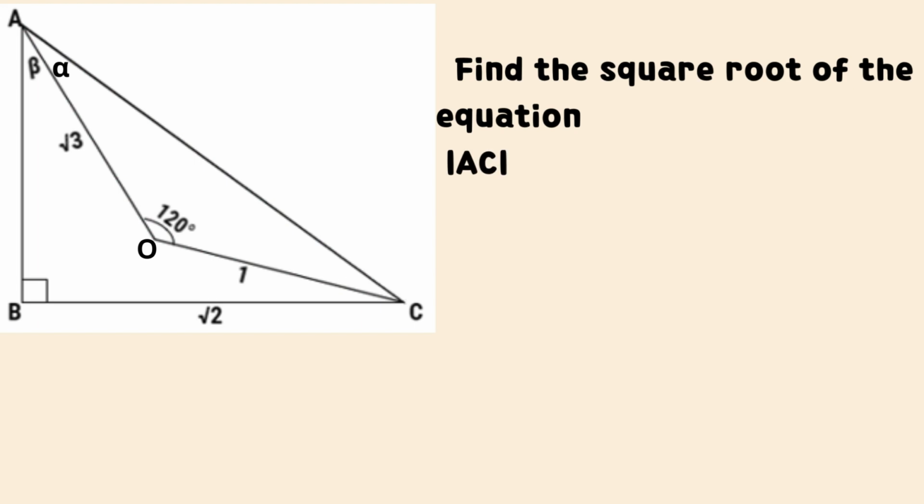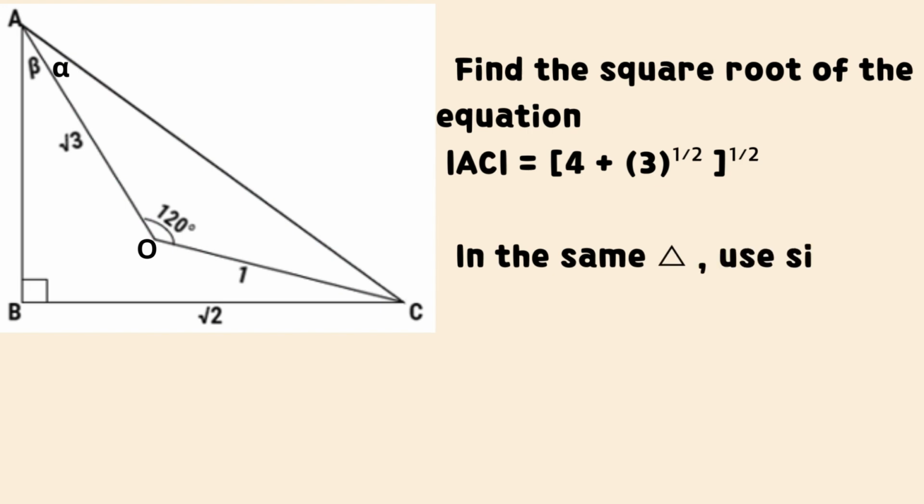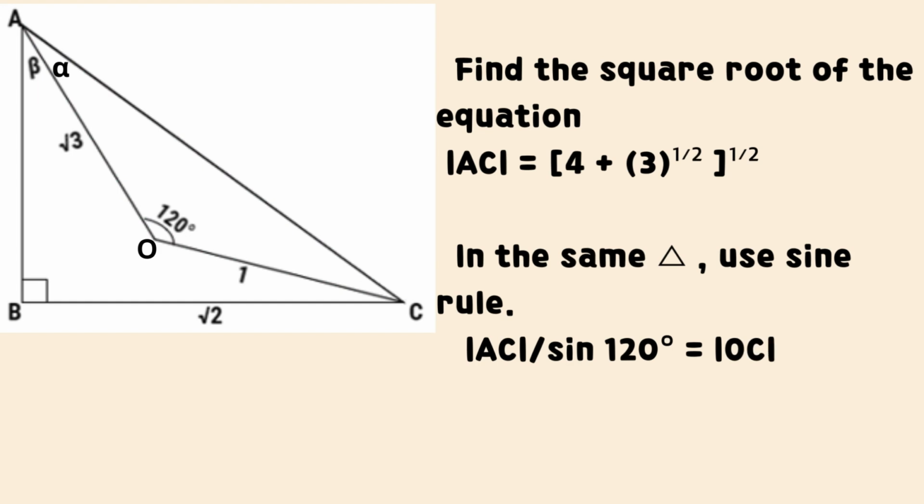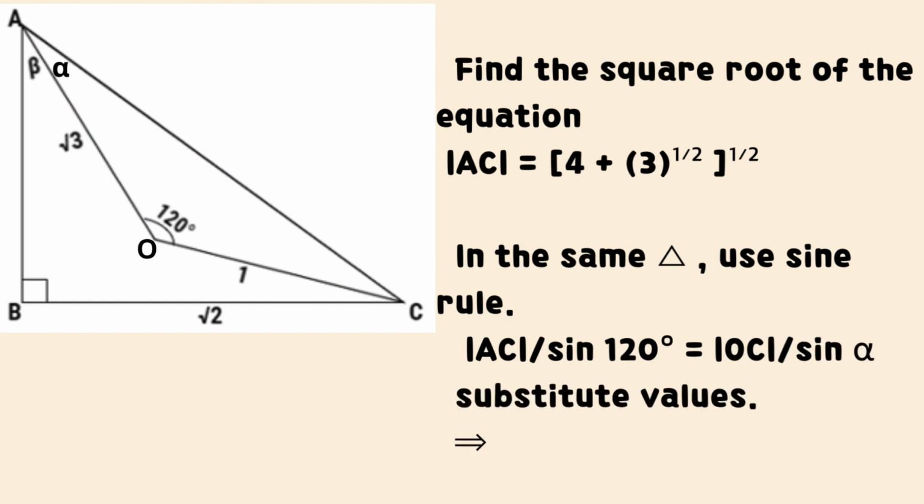Find the square root of the equation. Thus the length of line AC equals the square root of the sum of 4 and the square root of 3. In the same triangle, we use sine rule. Line AC divided by sine 120 degrees equals line OC divided by sine alpha. Substitute values. It implies that